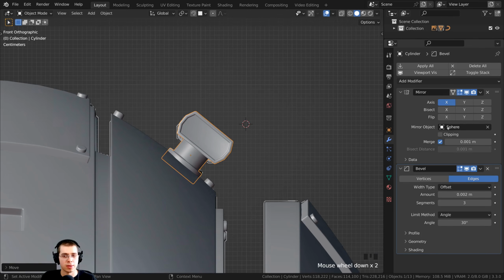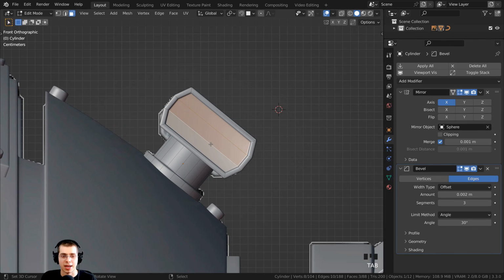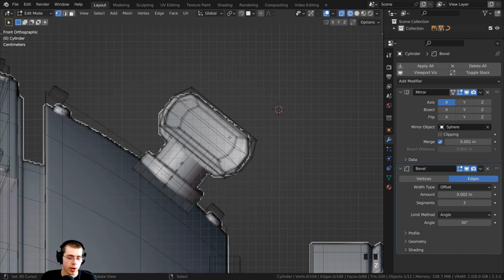And this is why using the mirror object in this case can be very helpful, because you can see that this object is actually a bit too high up and I actually want to bring it down a bit. So I can press the tab key to go to edit mode. I'm going to click right here to go to the Vertex Select, and I can press the A key to deselect the vertices. I'm going to go into wireframe by holding down the Z button, going into wireframe, and then